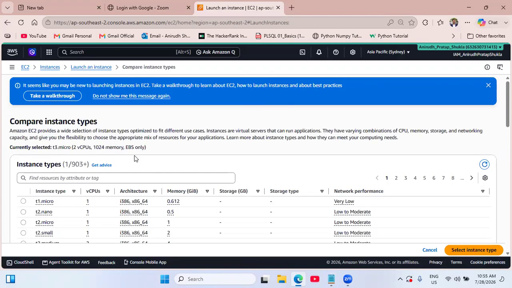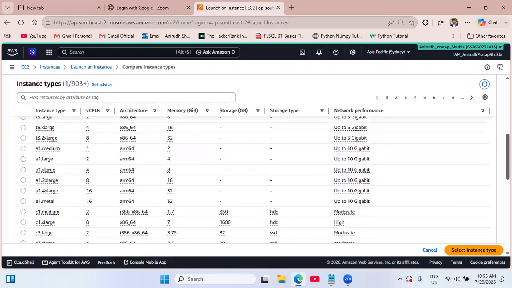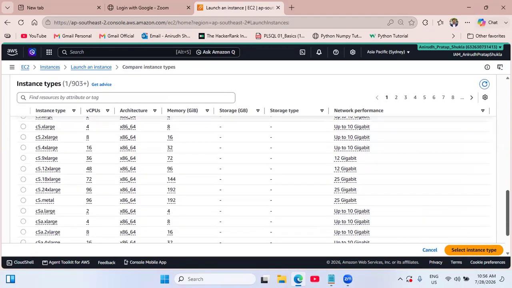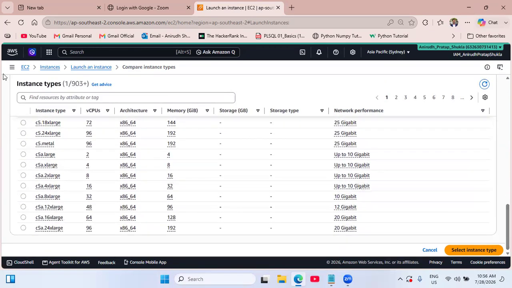It depends upon our requirement. You can choose from more than 900 instance types we have, and most of them are the T1 family, T2 family, T3 family. Then we have A1, C1, mostly computing related, or M related. Like this, we have different instance types. Coming to these instance types,